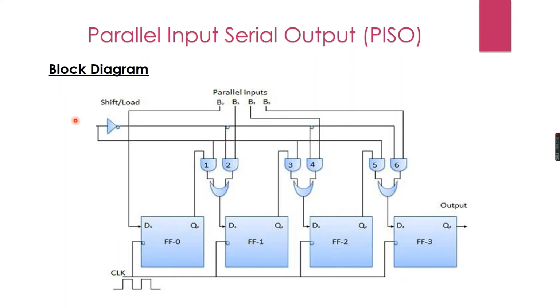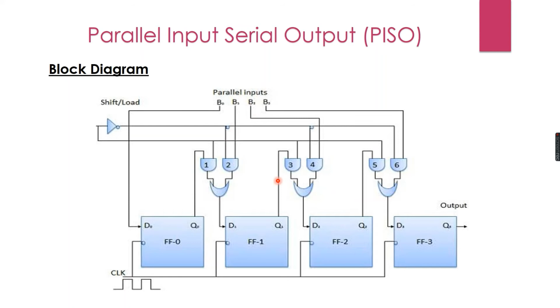In between these flip-flops we use the shift and load modes here. What are these modes? In load mode we load the data input in parallel form, and in shift mode we shift the data to get the serial output. So in load mode we set the initial value as 0 here, and by setting this value 0, the AND gates 1, 3, 5 will not work, because we have 0 as the input here. So we have only working gates at 2, 4 and 6,